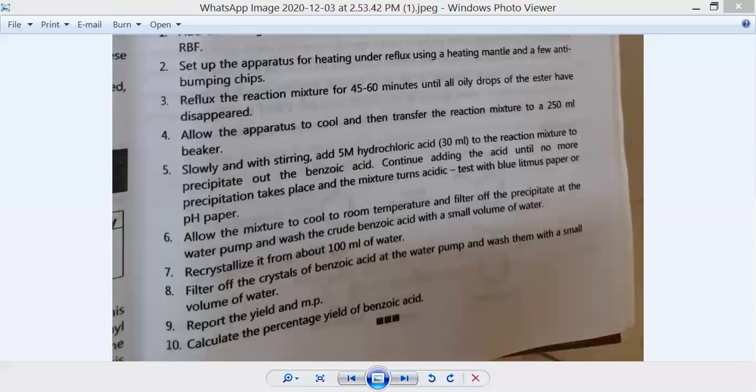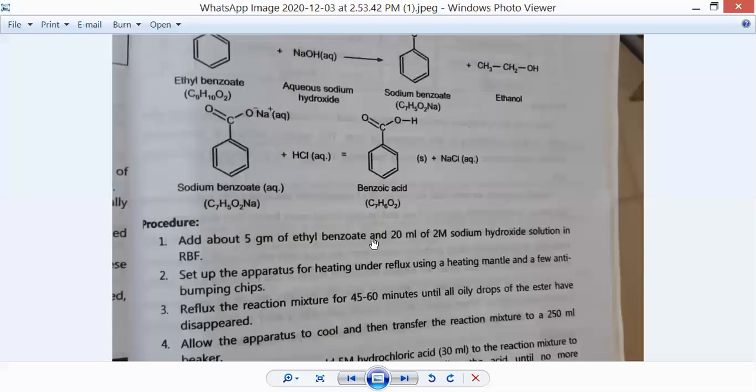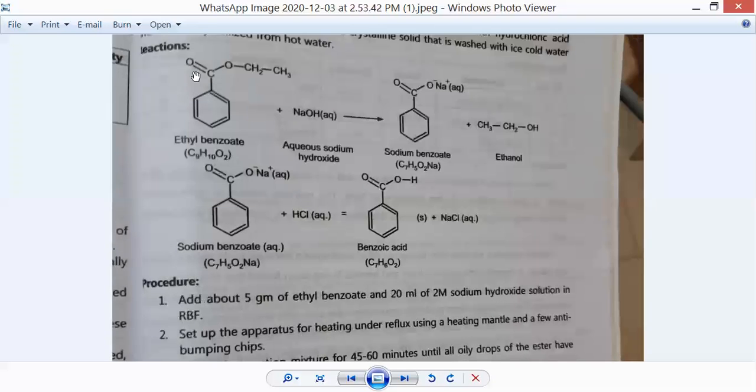Yes, madam. So this is related to the first method of synthesis of benzoic acid. So in this way you have to clear the second one. Here, now, what is the starting material? Our starting material is ethyl benzoate. See, here they have given the formula